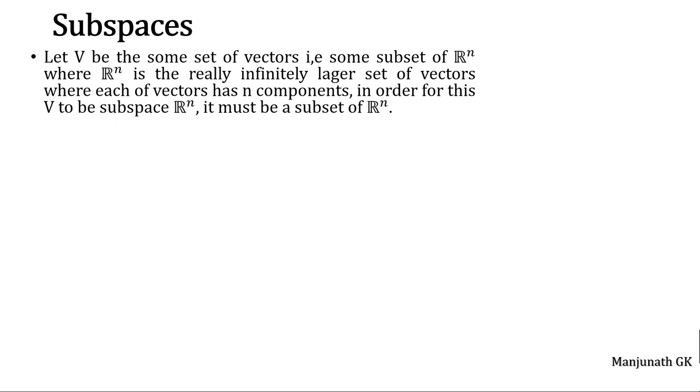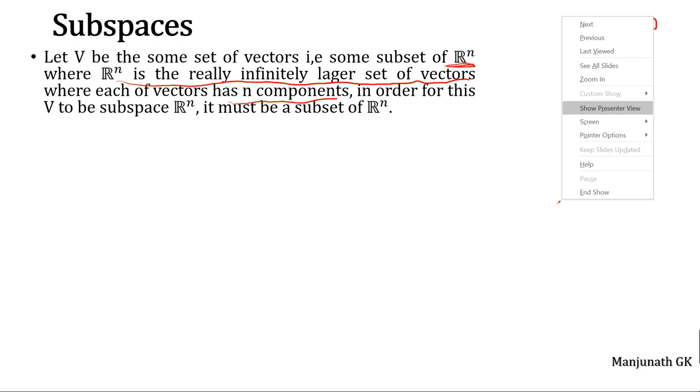First, consider a space Rn. It has vectors, all vectors having n components. So this is clear here. So Rn is a really indefinitely larger set of vectors, where each vector has n components, that is drawn here. Okay. Next, let V be some set of vectors, that is some subset of Rn. Subset of Rn means